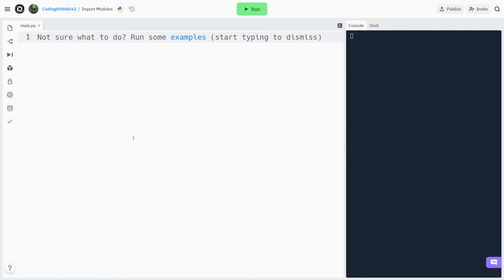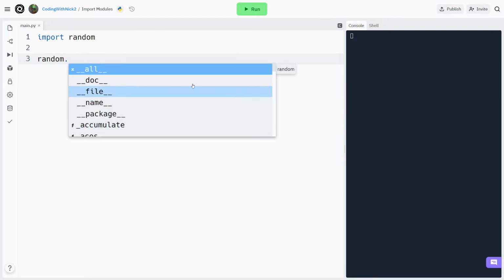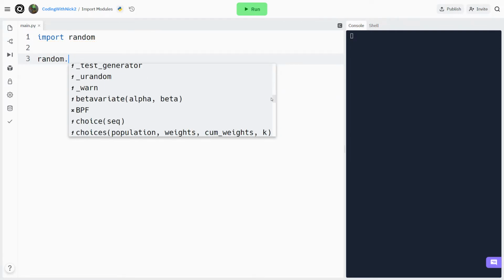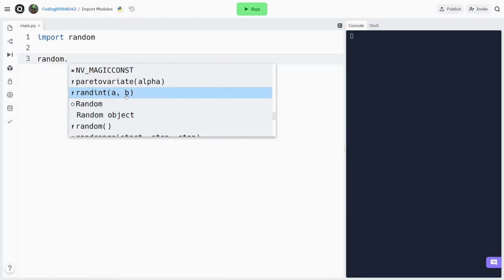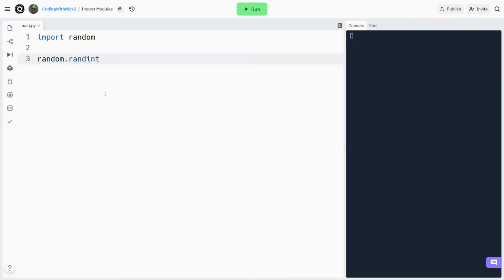It is very easy. We just have to type import random. Now we have access to all the functions of the random module. If we type random dot, a list with all the functions of the module will appear. Each function that is available to us has a little F symbol next to it. We can select one, let's say the randint function, and if we place the cursor over it, we can see a short description of what this function is designed to do. The randint is designed to return a random integer number from a given range.